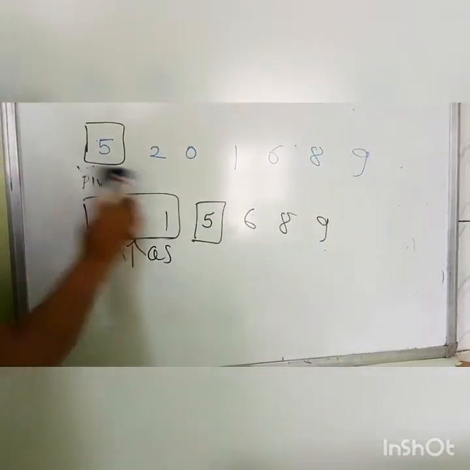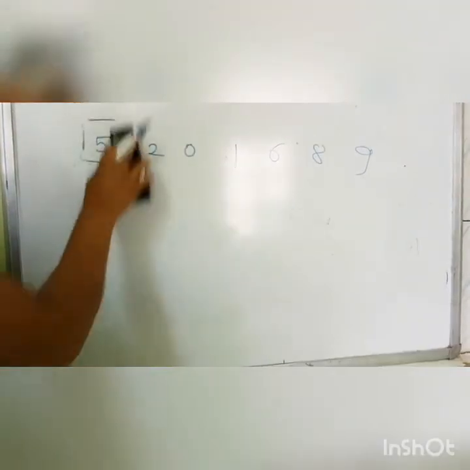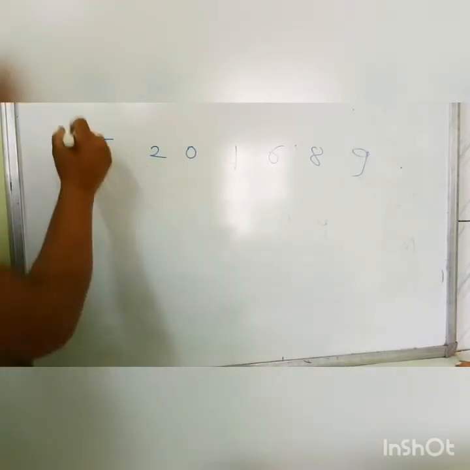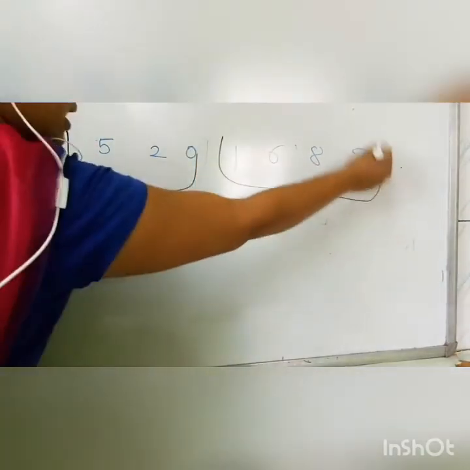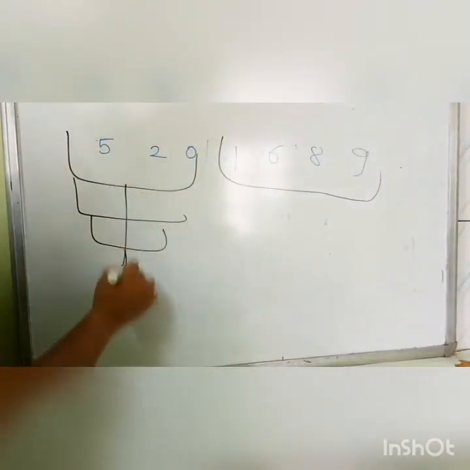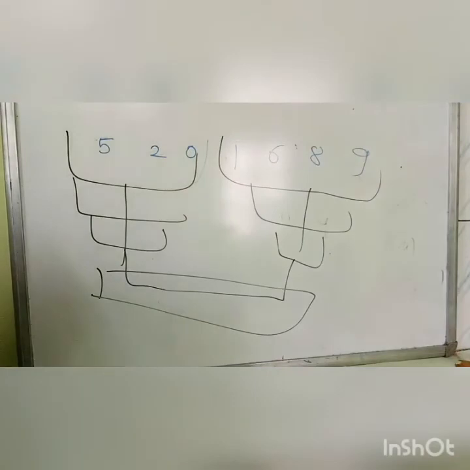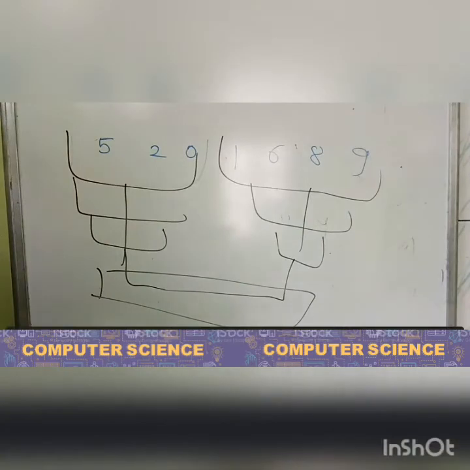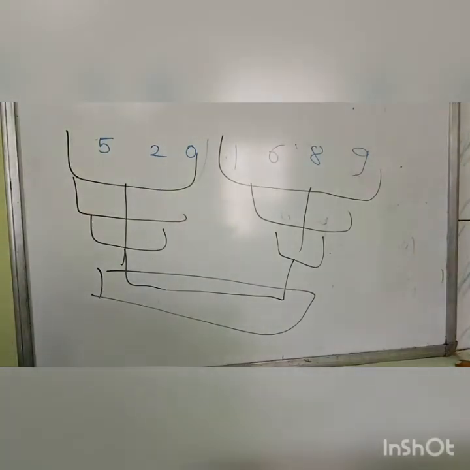Next was the merge sort algorithm. In this merge sort, it will take one position and divide the whole array into half. Suppose it divides this into the first half and this into the second half. Again divide it into half, half, and at the last it will combine this into a whole array with sorted numbers. So this is the merge sort: divide into two, sort them among their nearest elements, and again combine them into a single array.